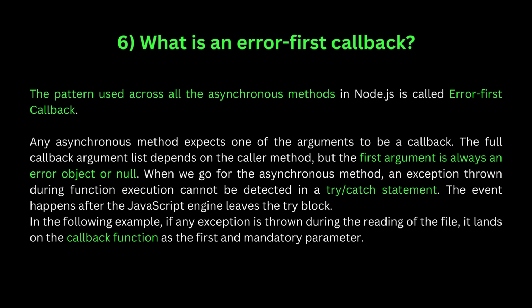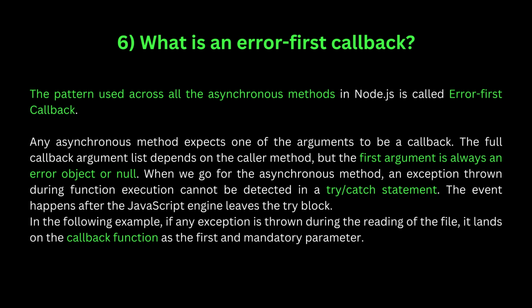Question 6. What is an error-first callback? The pattern used across all the asynchronous methods in Node.js is called error-first callback. Any asynchronous method expects one of the arguments to be a callback. The full callback argument list depends on the caller method, but the first argument is always an error object or